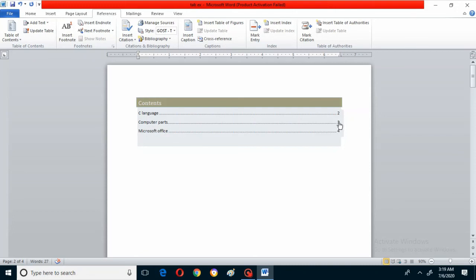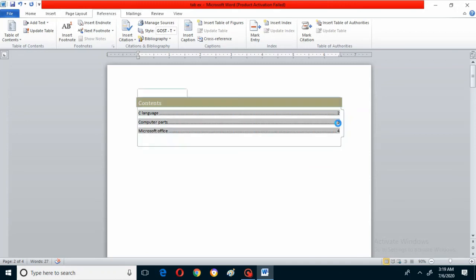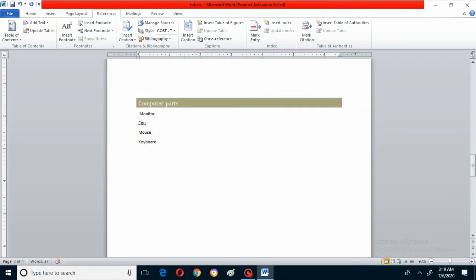Automatically it changes to the hand sign. Now give a click on it. See, when I click, it enters that particular page. So in this way you can enter into particular pages through the table of contents. That is the usage of this.